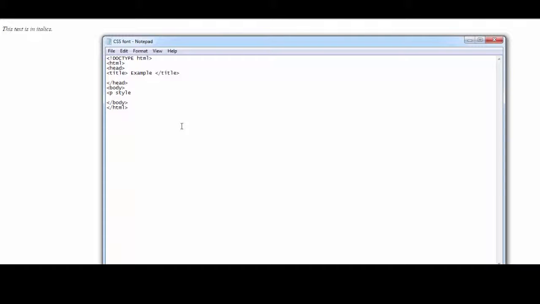But if you do it in the head area, what you need to do is define a particular class and then call the class within the body wherever it is needed with the help of a dot, or you could use an identifier as well. So that was a quick revision. Let's do paragraph style for font variant. P style is equal to font dash variant double colon small caps semicolon,